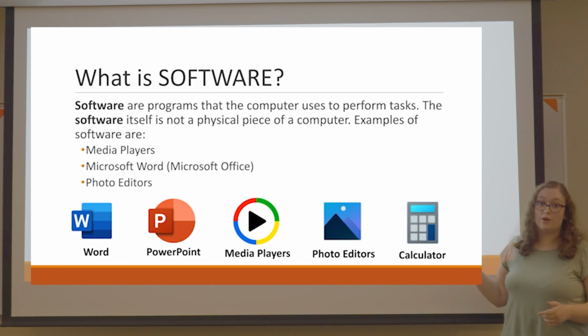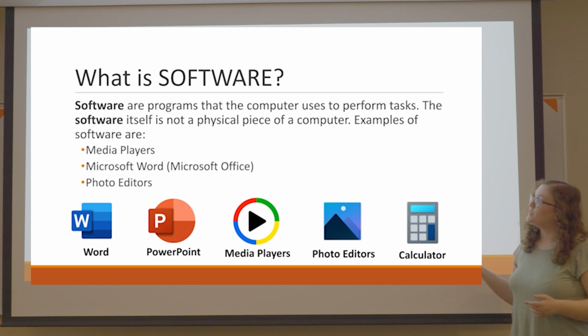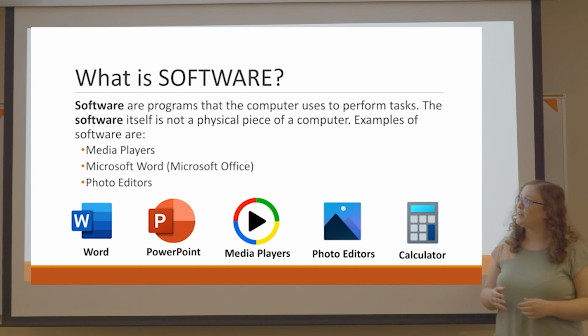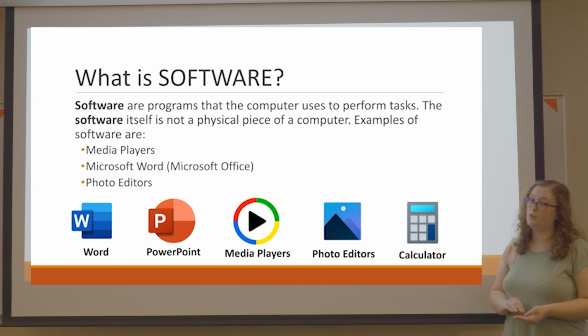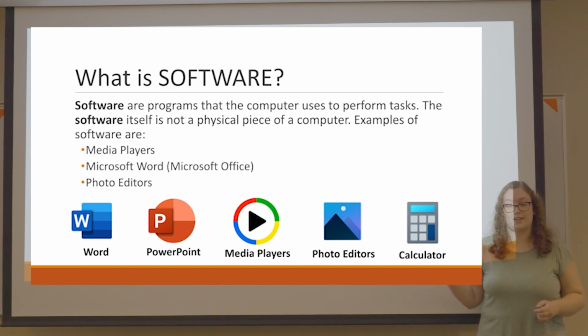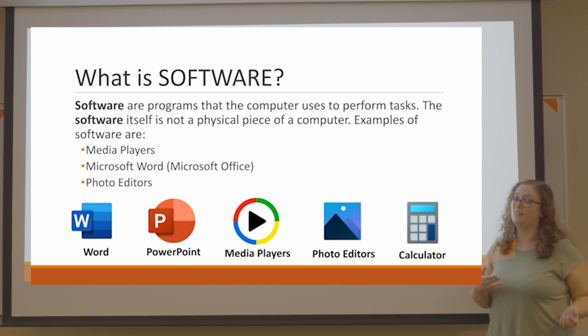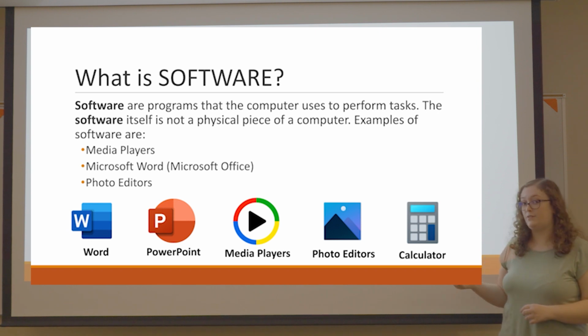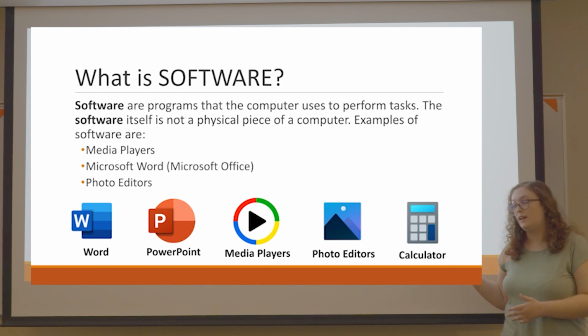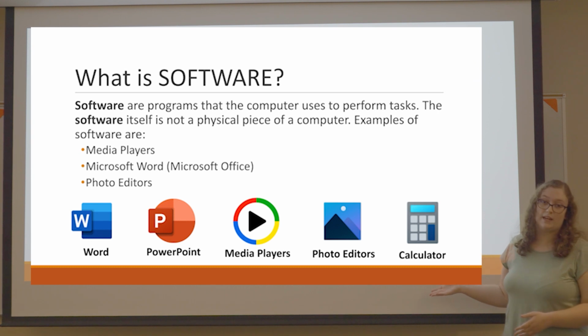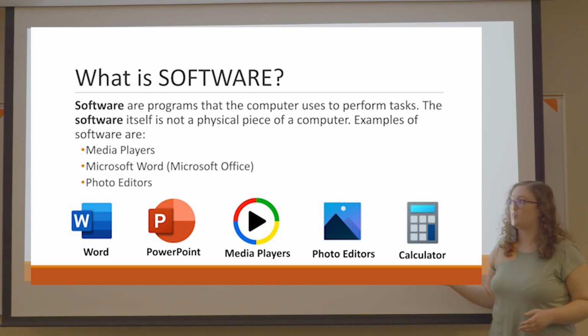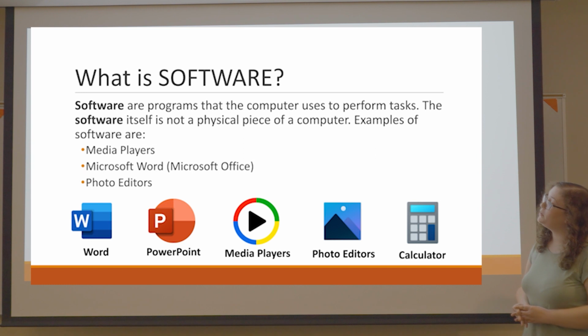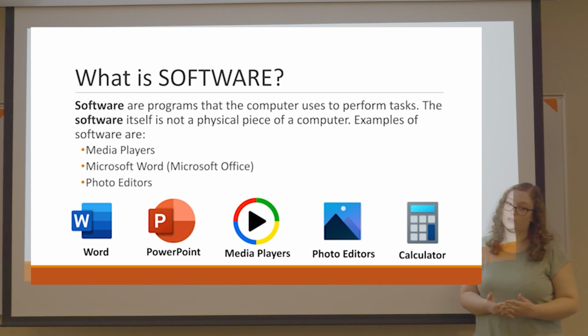So next we have software. So what is software? Software are programs that the computer uses to perform tasks. The software itself is not a physical piece like hardware, so you can't actually hold the software. Examples of software are media players. For example, like our previous example with the DVD, if you were to put the DVD into your computer with a disc, you would be able to use a media player to display the movie that you were trying to watch. Another example is Microsoft Word or Microsoft Office, which is a